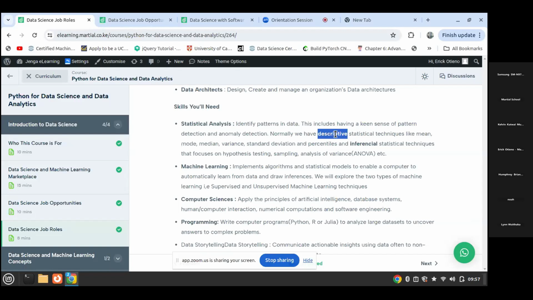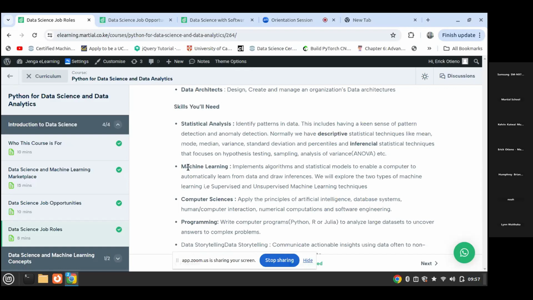Like here in Kenya, recently, the Ministry of Education released the KCSE results. So we can have something like a hypothesis to say that girls performed well in biology. So that is a question that we have to verify. So for us to verify that question, we have to do something like hypothesis testing. So we're going to do that one here.